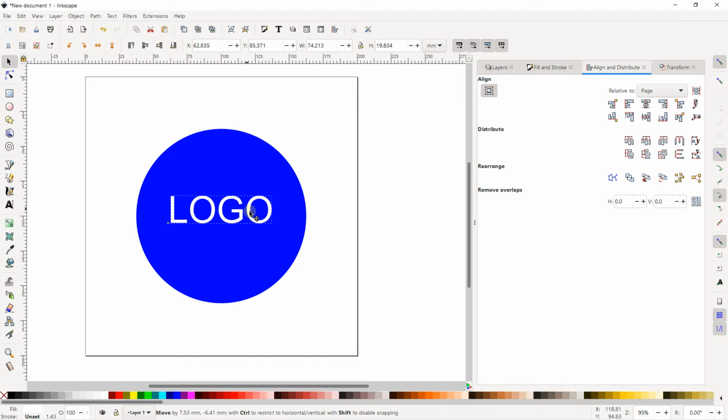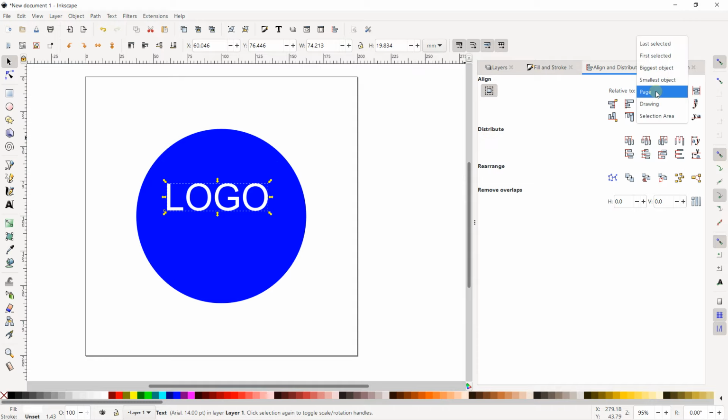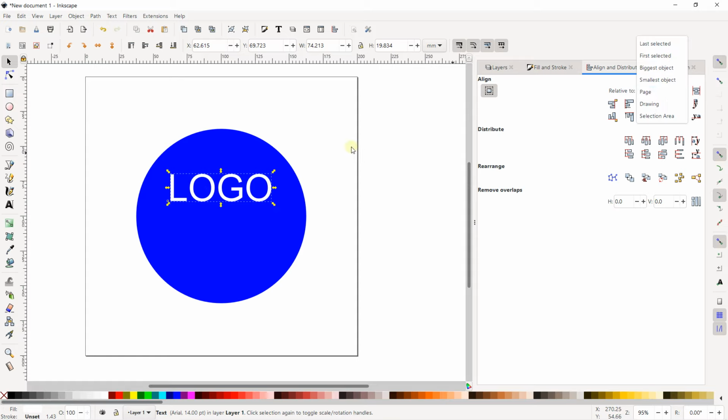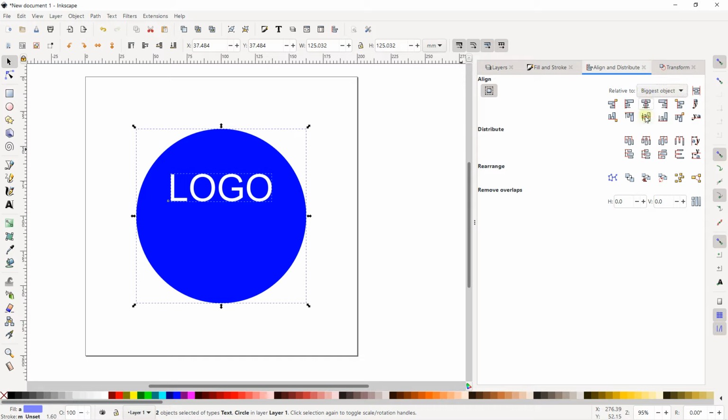I would like just to position it in the center. I know that all my elements are in the center, so I can just go on relative to page and center also. But if I want, for example, to center the logo on the circle, I can also work with relative, press Shift, select the circle, and I can also make it relative to biggest object, for example, and it's going to